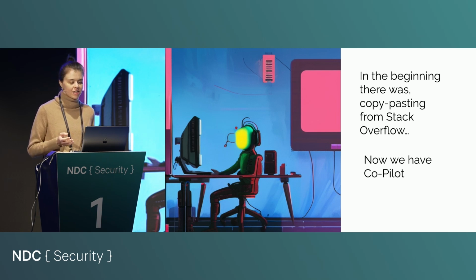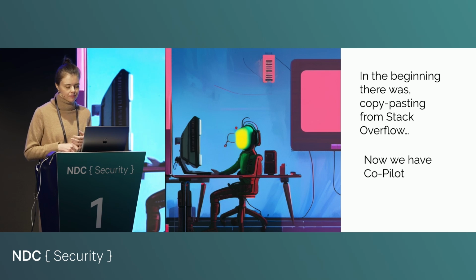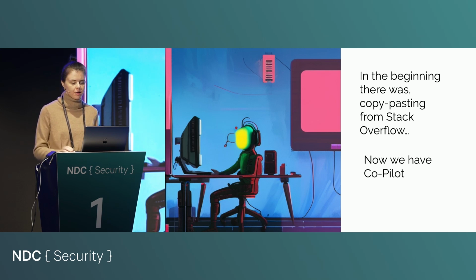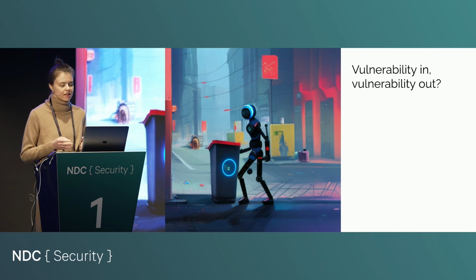And this technology is built by OpenAI, and it's based on the huge public data sets that are hosted on GitHub. But there isn't much information about how it actually works. Now, of course, in my field, there is this age-old wisdom that if you put garbage into something, then you will also get garbage out. So if we're thinking about the impact of large language models on security, and we're thinking about the case of Copilot, we might ask, okay, there are probably a lot of vulnerabilities in this free code that's hosted on GitHub. No one has been taking a look at that.